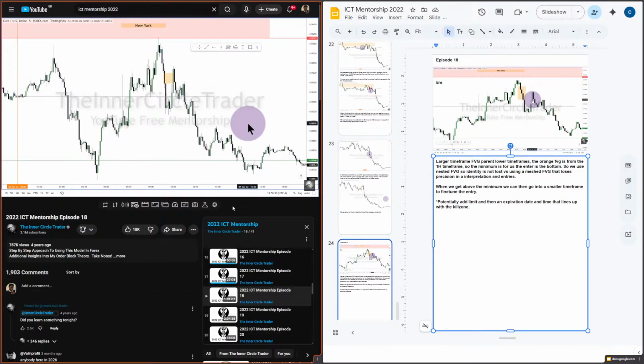So the question is going to be, what are you going to do with this information? Are you going to just say, okay, well, this is great, but this is too much work, so I'm going to look for something else that gives me a moving average crossover or some kind of a bell and whistle to put things on my chart to tell me what to do? And then you're basically creating a religious...